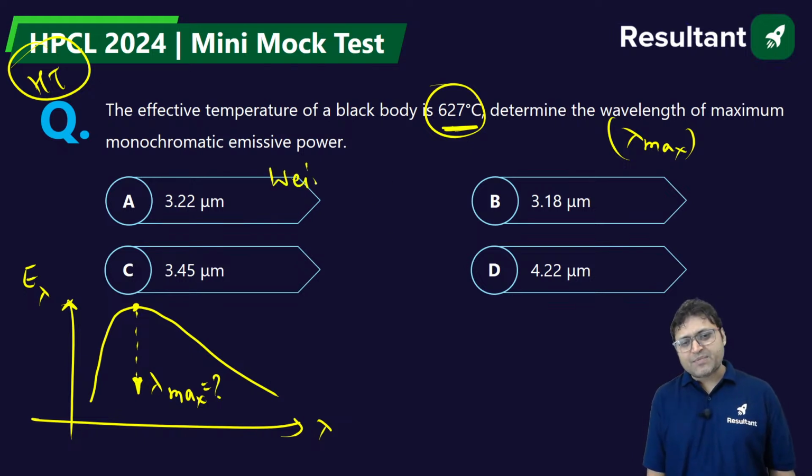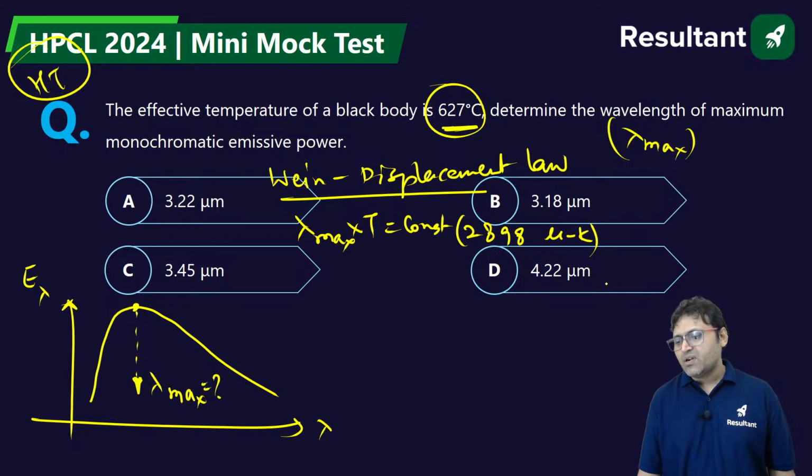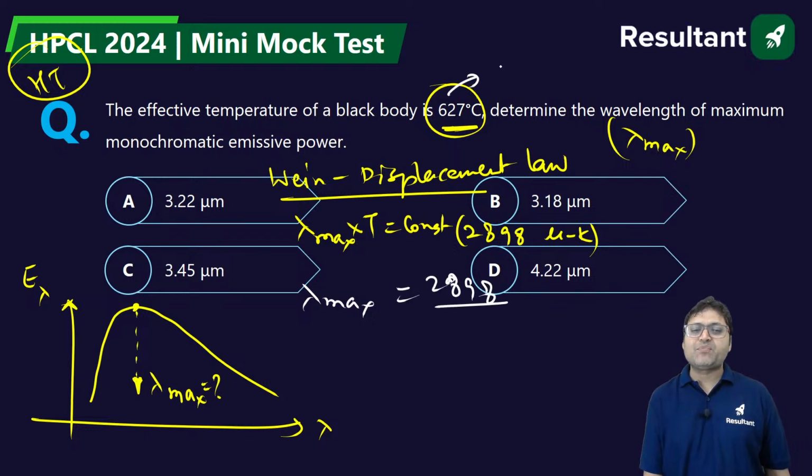According to Wien's displacement law, lambda maximum times absolute temperature is a constant, and the value of the constant is 2898 micrometer Kelvin. So what is the answer? Lambda max is equal to 2898 divided by absolute temperature. What is the absolute temperature? 627 plus 273,